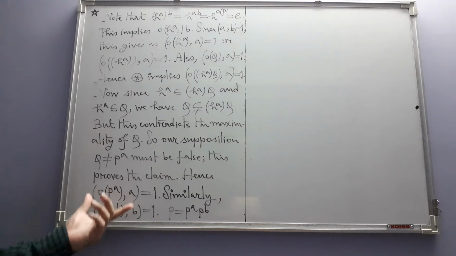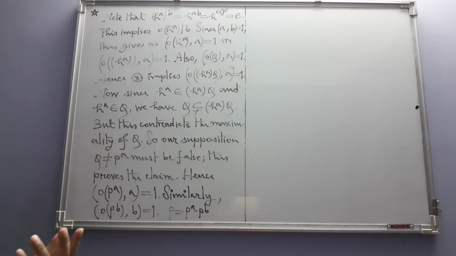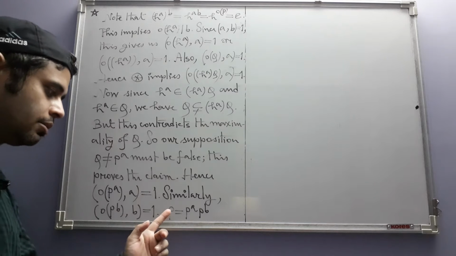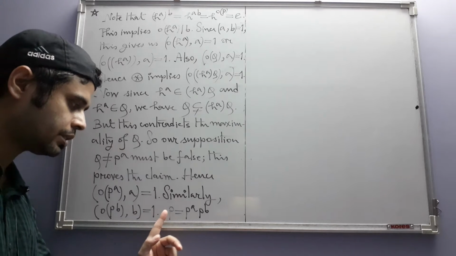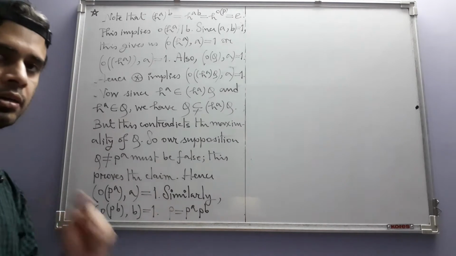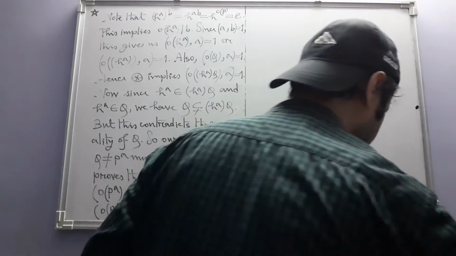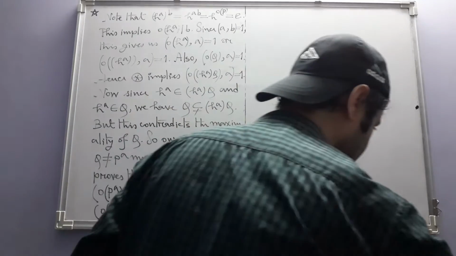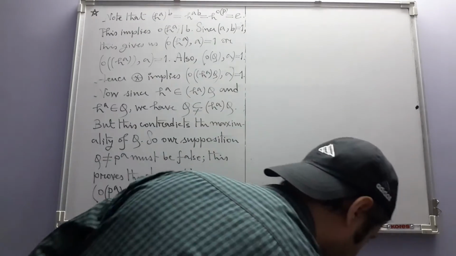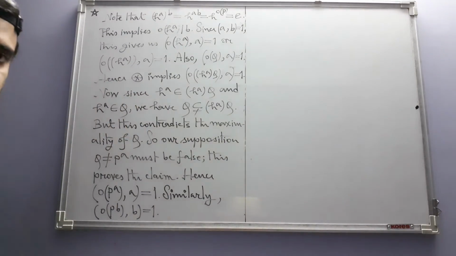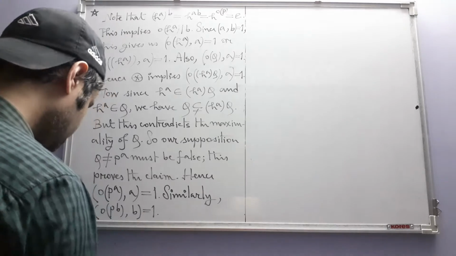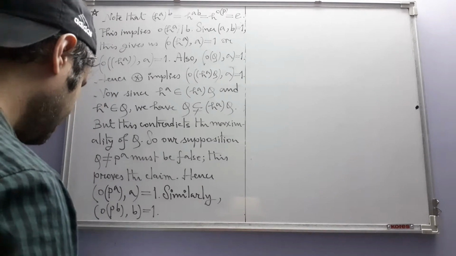So now using these things, we can say something about the relationship between the orders of these three groups, P, PA and PB. And the precise consequence is this, that order of PA times order of PB should be equal to order of P. Okay. So let us see now how we can conclude that.